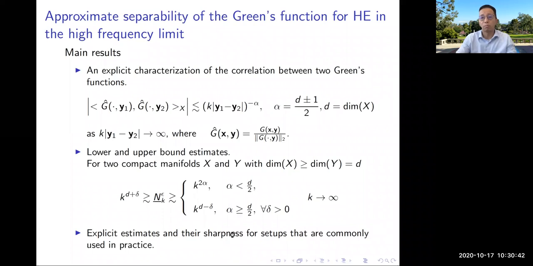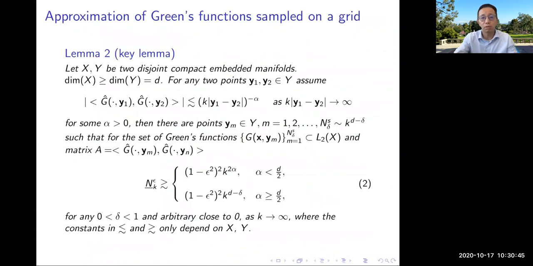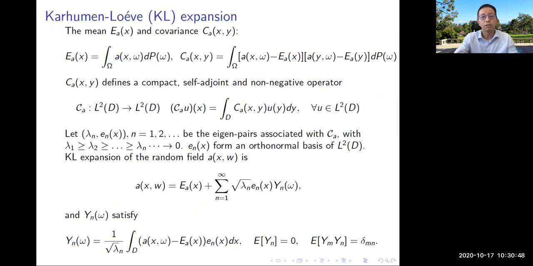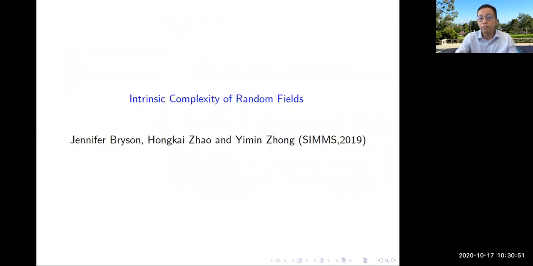Okay, I think I used all my time, even my question time, but let me show the most important slide. Oh, there is something we also did just for random fields. As I said, I view this as a family of random variables, and how to characterize how rich this family of random variables is. Using the correlation, a smaller correlation means this is a rich family, and using the smoothness of the covariance function. We only use the covariance function to characterize it. If it's smooth, it helps you. And if the covariance function has some scaling sigma, which is like the wavelength or the correlation length, then the smaller the sigma is, the richer it is.